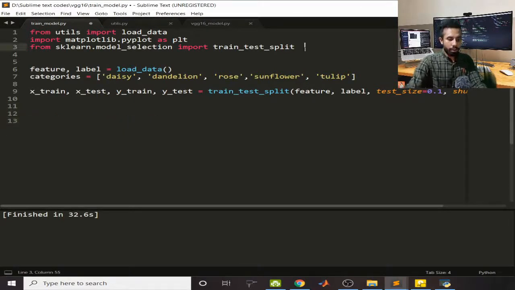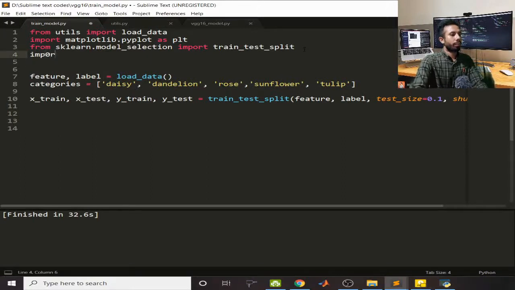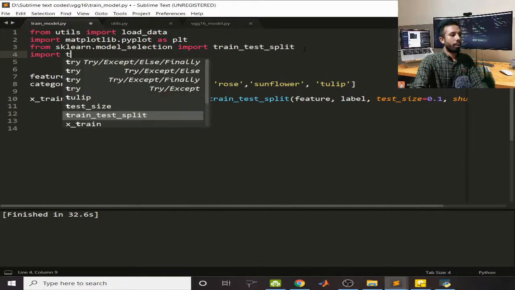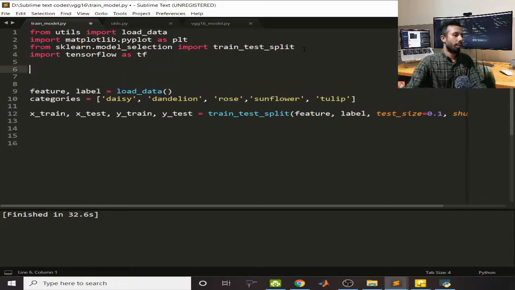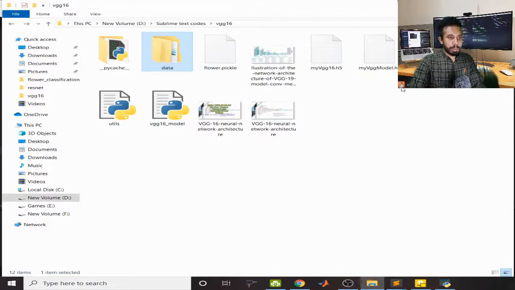So import TensorFlow as tf. Fine. Now all I have to do is model equal to tf.keras.models.load_model. Now I am going to import my model. So I have saved my model as my VGG16.h5,